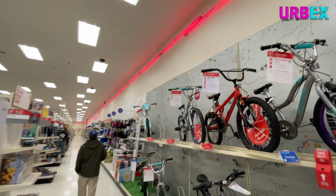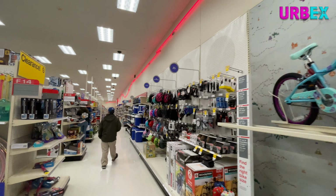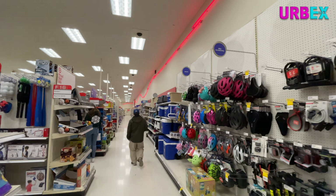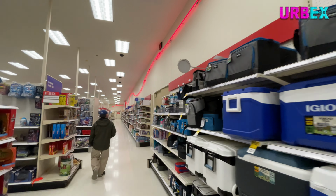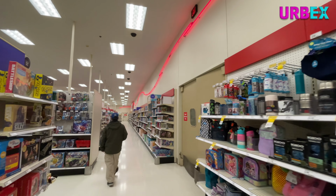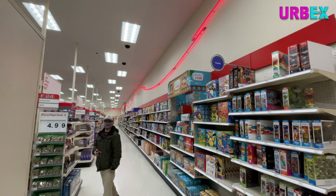Okay, so this is weird. You can see the neon is straight, but down here it returns back to being wavy. Interesting. Well, they didn't have the cafe with all the neon in it, but...